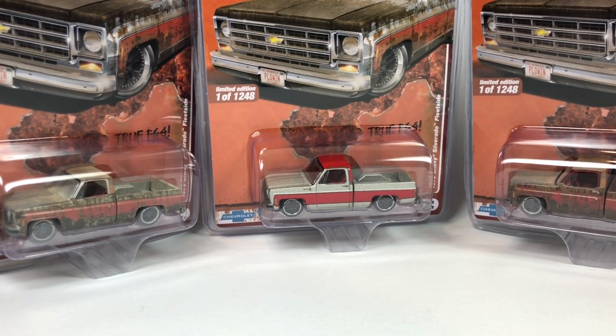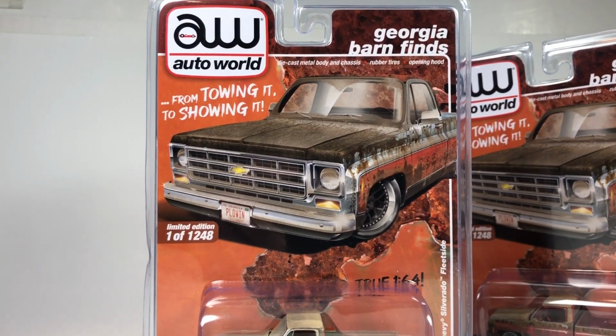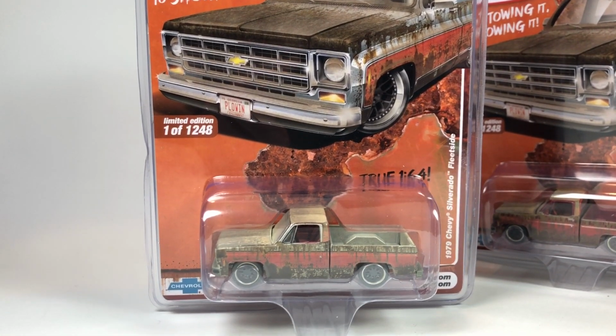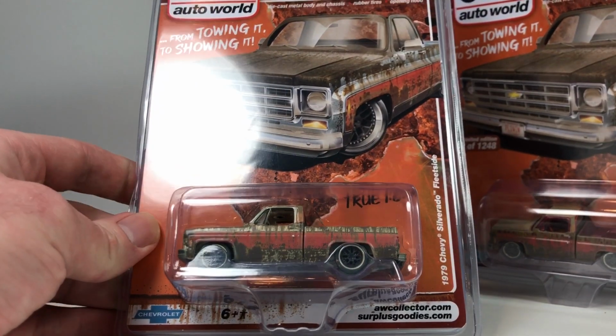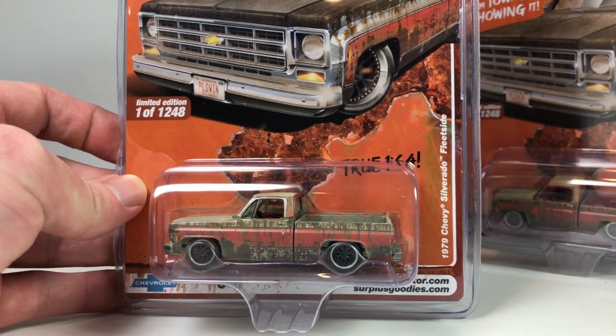They come in a clamshell, which is great for you carded collectors. You don't have to worry too much about damaging your cardboard. There are the websites right down there, awcollector.com and surplusgoodies.com. If you're not familiar with either,